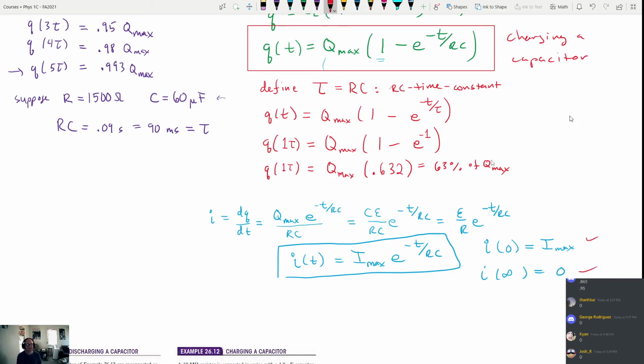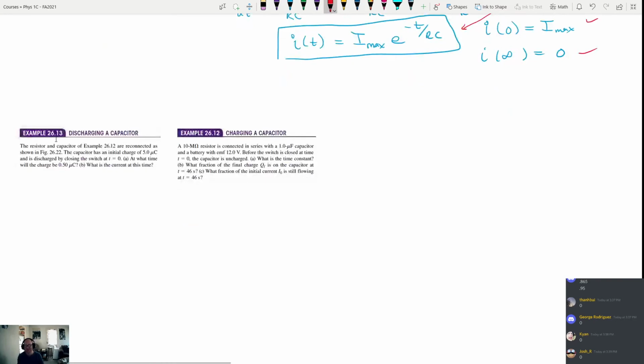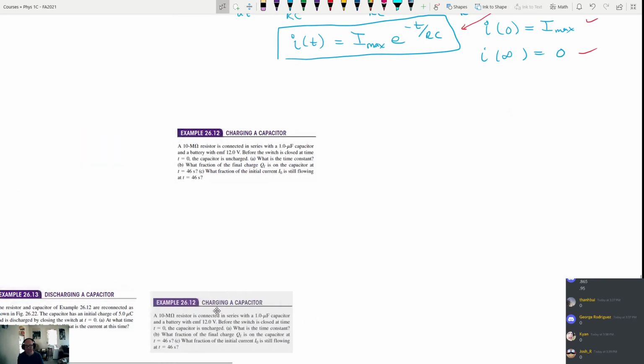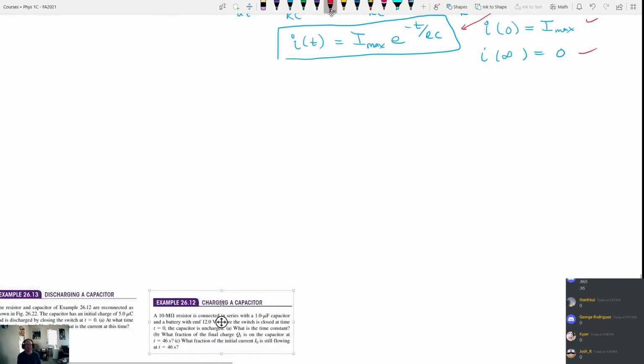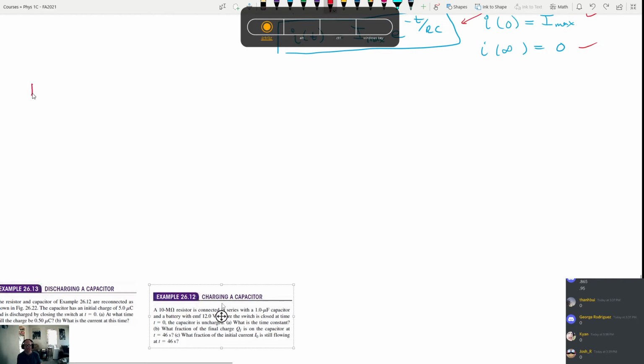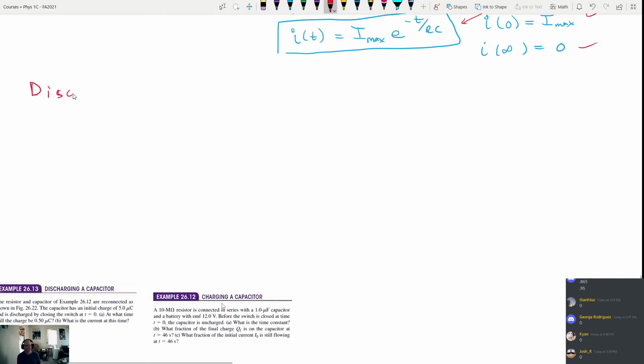All right, so again, this is for charging a capacitor. This equation and that equation. These two are for charging a capacitor, when the capacitor starts at 0 and is charging up, okay? There's one other possibility, which is that you could be discharging a capacitor. And I will save you the time of being bored by me doing another derivation that's exactly the same, and instead I will just show you the results, which are for when you discharge a capacitor,